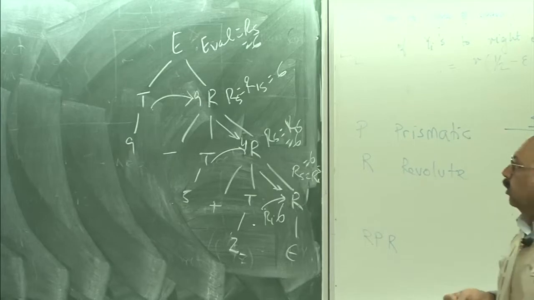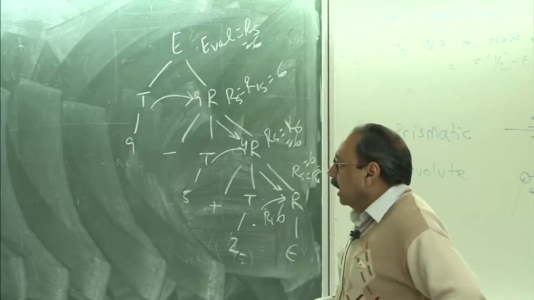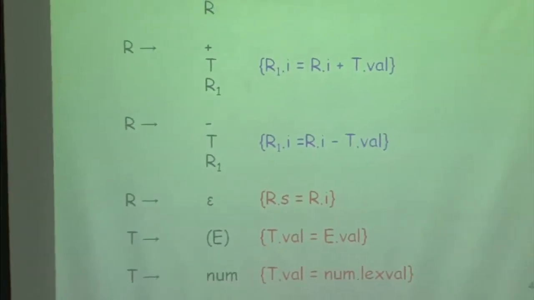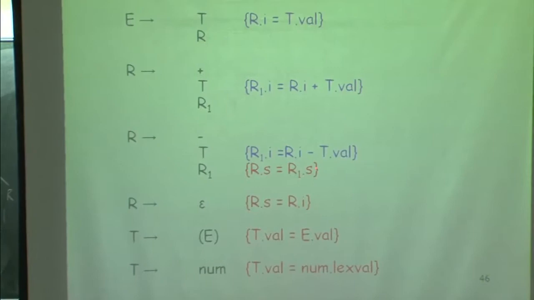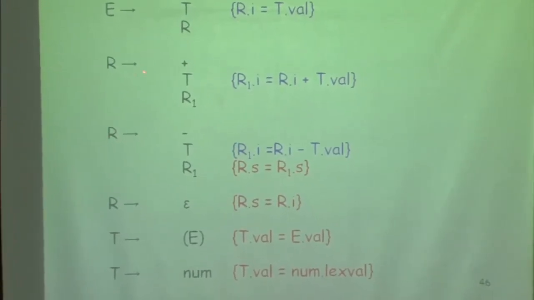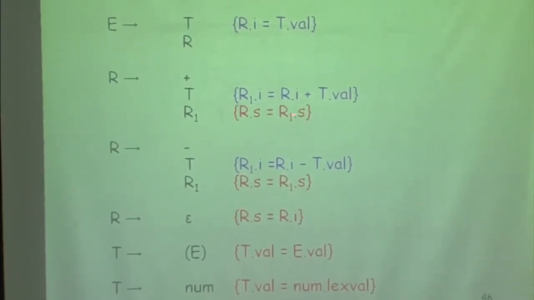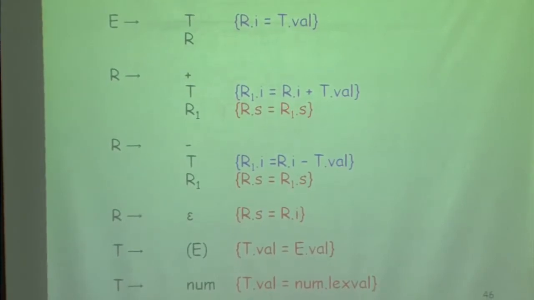Okay. So, this is what we do here: whenever I do this epsilon reduction, I say R synthesized is nothing but a copy of R inherited, and here I say that R synthesized is a copy of R1 synthesized, and the same rule I will use here which says R synthesized is a copy of R1 synthesized, and eval is nothing but Rs. Now, when I finish parsing this and simultaneously evaluate all the attribute equations, what will be the eval? Eval will be the correct value, which is 6, and this is what I wanted, right.